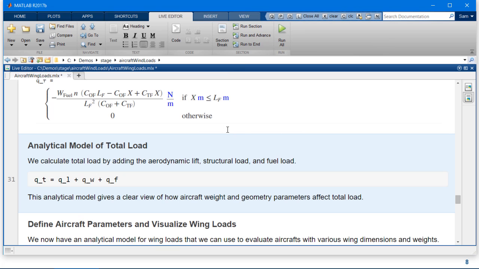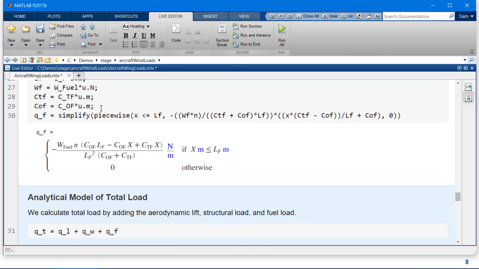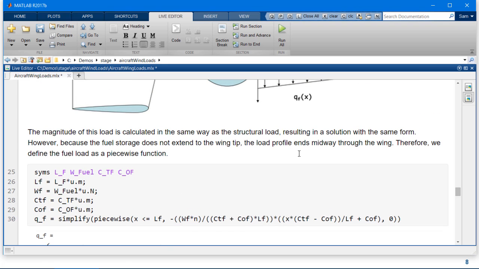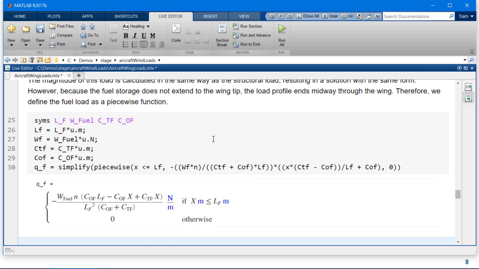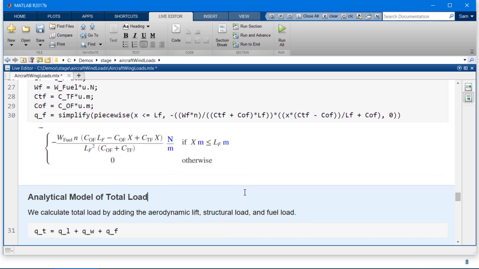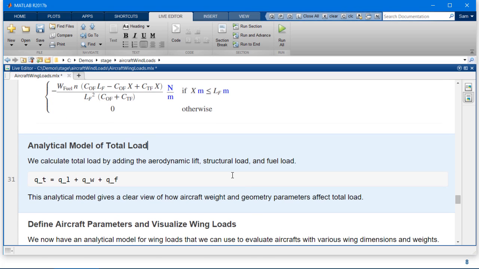And we continue with the fuel. Now the fuel is a little bit different. It depends on how much fuel is in there. But this is the analytical expression for the load. Now, what's great is you can very easily just combine all three of these for the total. You've got the lift, weight, fuel, and